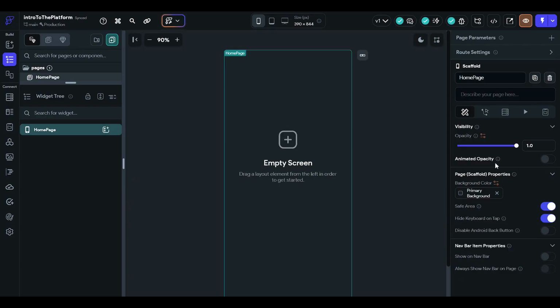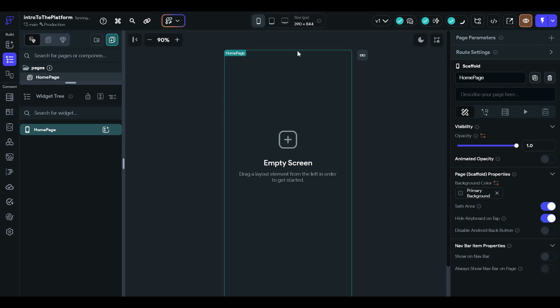So if you are using the safe area, then the UI elements or the page will not go outside or beyond the screen. So your app will be consistent and it will obey all the rules, and the UI elements will be in the screen.